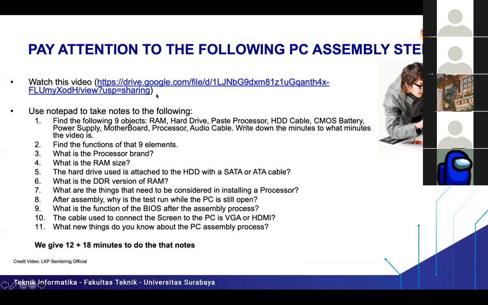I upload a video that describes the PC assembly steps. Then you need to use your notepad to take notes on the following and find these 9 objects: RAM, hard drive, base processor, HDD cable, CMOS battery, power supply, motherboard, processor, audio cable, and you need to write down the minutes